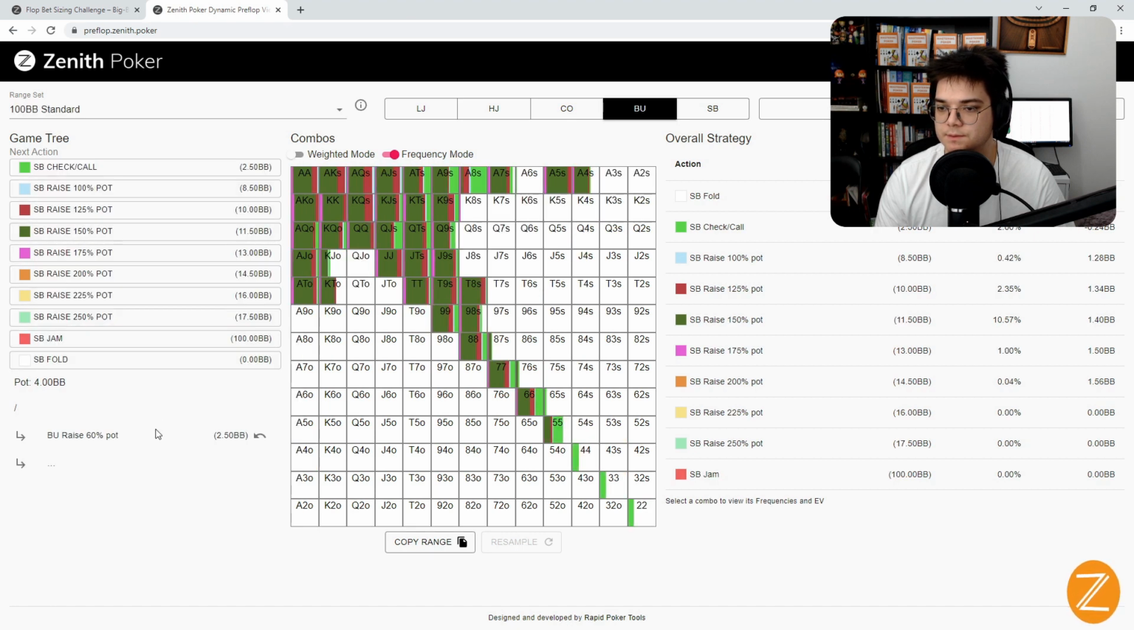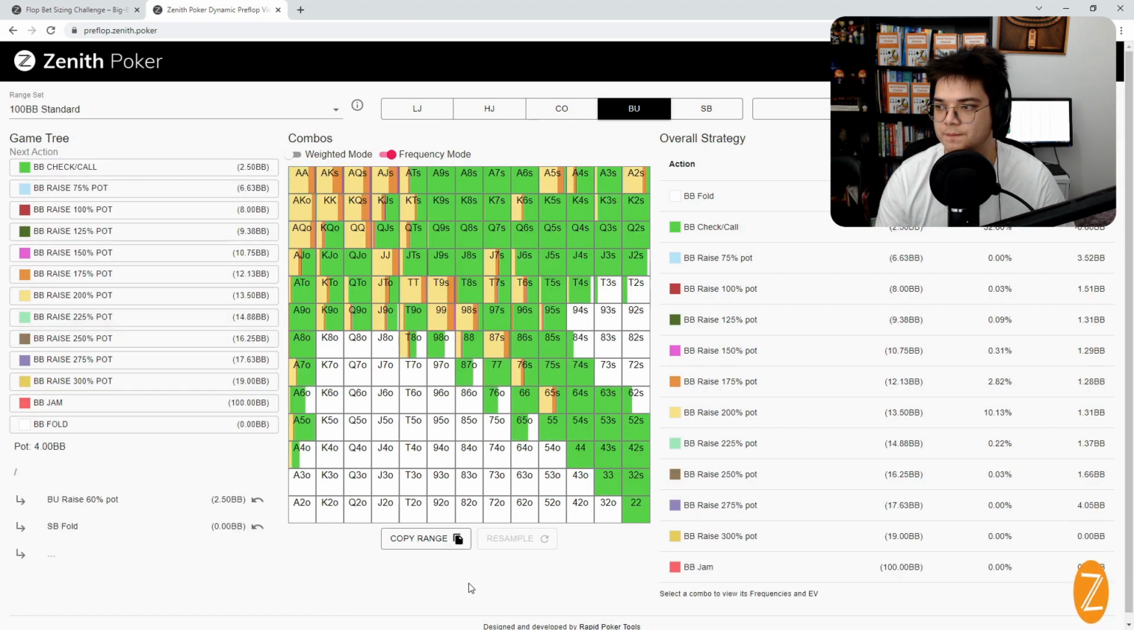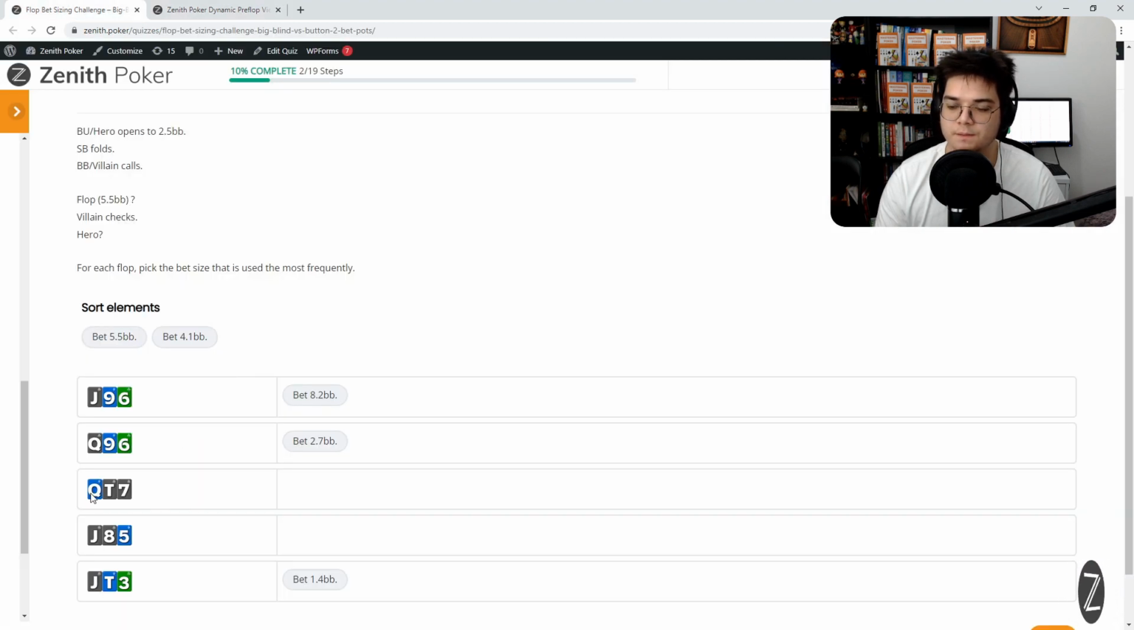Button opens 2.5, small blind folds. See that 10-7 3-bets a fair amount pre-flop. Queen 10 offsuit doesn't. Ace Jack offsuit 3-bets a little bit. There's no Ace Queen, King Queen 3-bets a fair amount. So that means that in terms of 2-pair combinations, there's not going to be that many